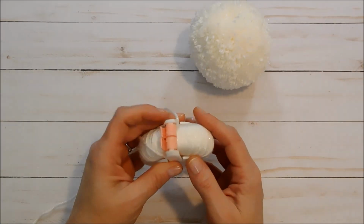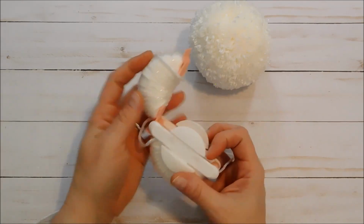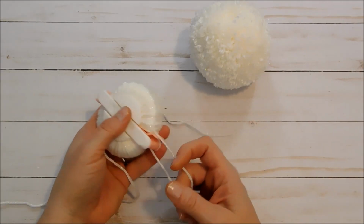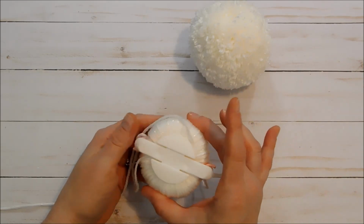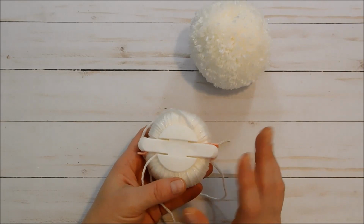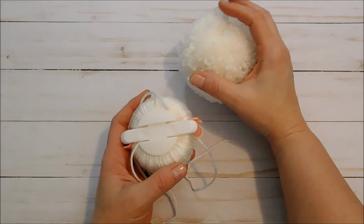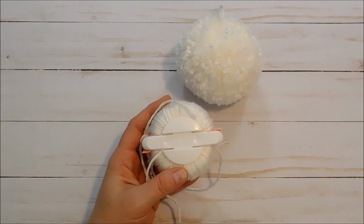So I have wrapped both sides of my pom-pom maker, and you can see I've got it nice and full because I want a really fluffy pom-pom. And I used a white sparkly yarn. You guys can use any white yarn you have on hand. I just had this left over from a project from years ago, and I thought I would have a little bit of sparkle on him. You can't see it a lot because on the pom-pom you're really just seeing the tips,